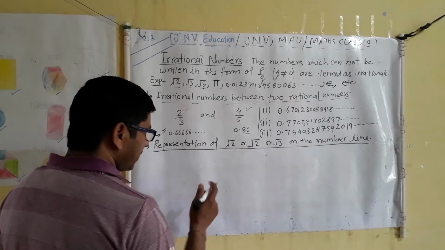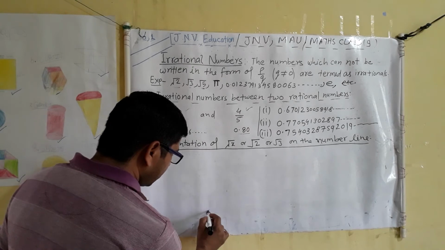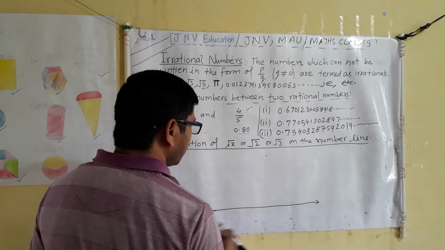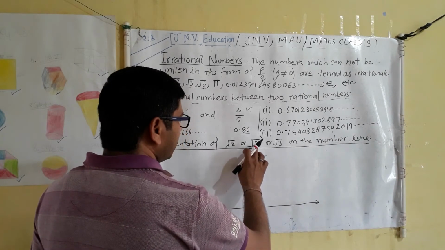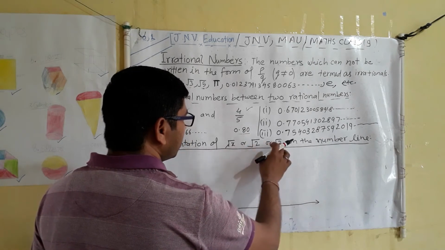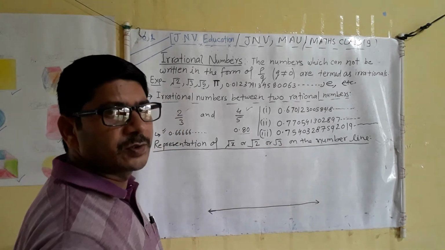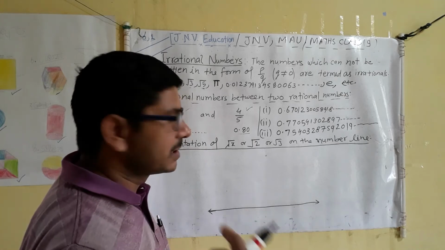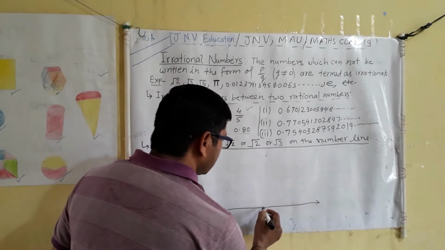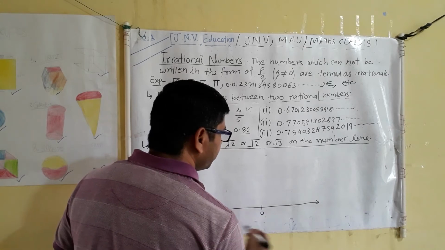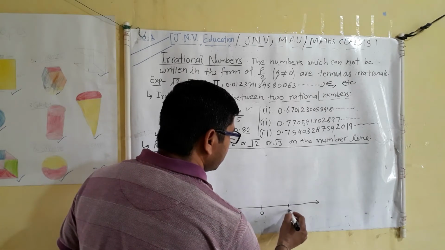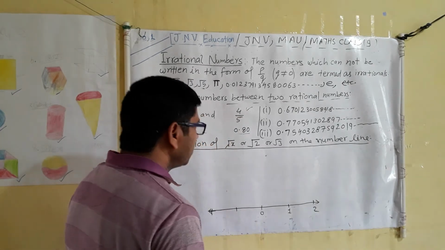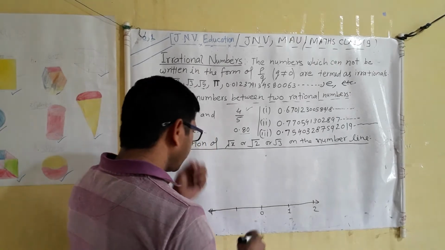So here first of all draw the number line. If square root 2, square root 3, square root 5 are the smaller numbers, 4 we cannot take as irrational. 5, 6, 7 are smaller, so we can simply represent them on the number line. Mark 0, this is 1, 2. No need of negative, because these decimals are positive.